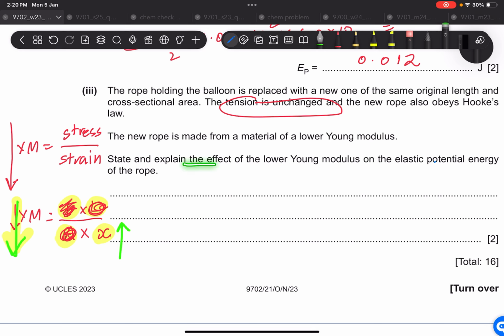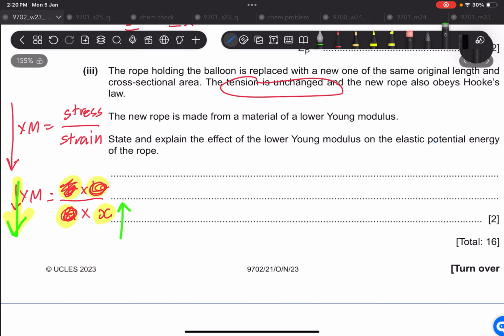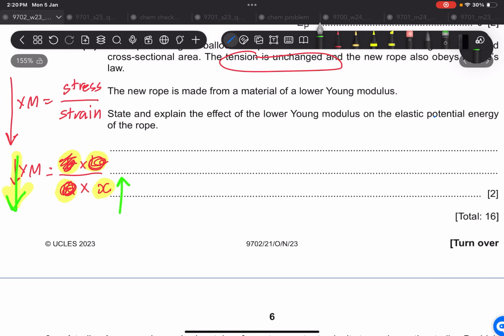State and explain the effect of the lower Young modulus on the elastic potential energy of the rope. Now write the formula of elastic potential energy. EP equals to half